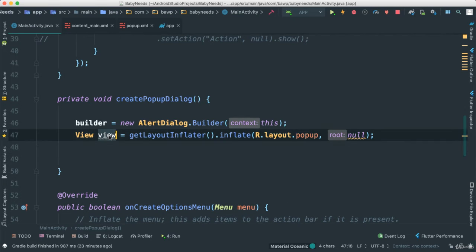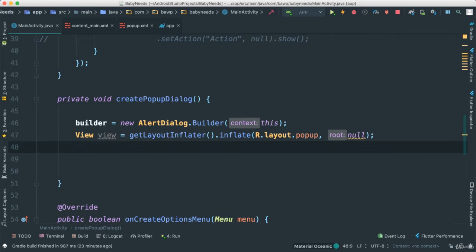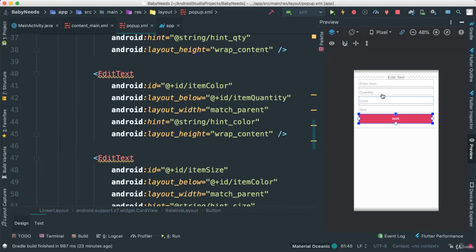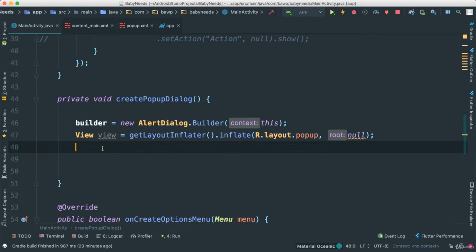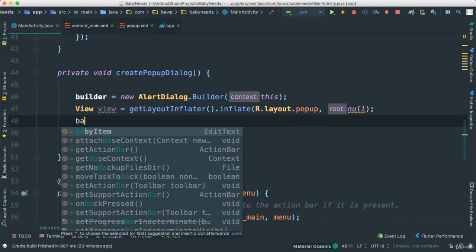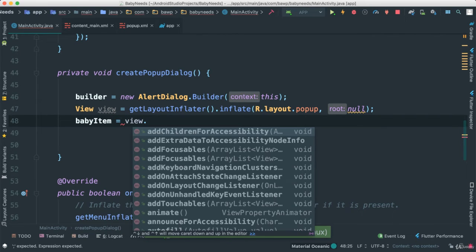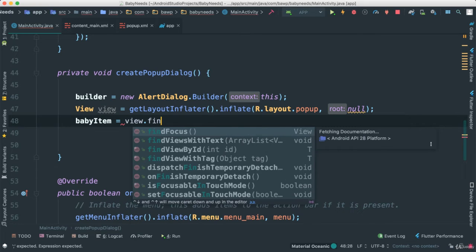So now that I have this view here, which we're inflating from our layout pop-up, which is our XML, we have the actual object. In fact, at this point here, I can go ahead and start setting up our widgets that we added, like the edit text and all sort of things that we added. So all of these guys. Very good. So here I'm going to go ahead and say, let's see, the first thing we added, the edit baby item. I'm going to say baby item is equal to, I'm going to go through our view again, dot. So I can't say just find view by ID because I am now going through this view that we created there. Okay, so view dot find view by ID,